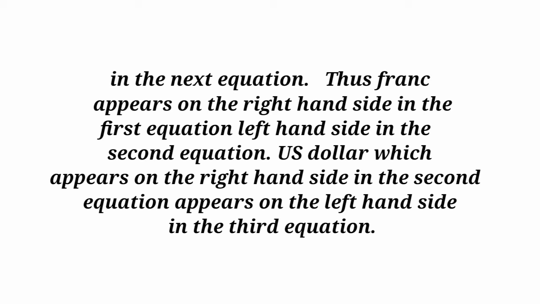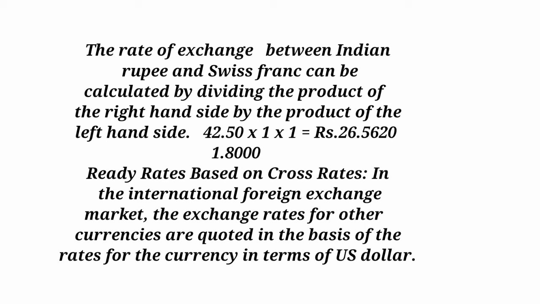US dollar, which appears on the right-hand side in the second equation, appears on the left-hand side in the third. In the third equation, the rate of exchange between Indian rupee and Swiss franc can be calculated by dividing the product of the right-hand side by the product of the left-hand side: 42.50 times 1 times 1 equals Rs 26.5620